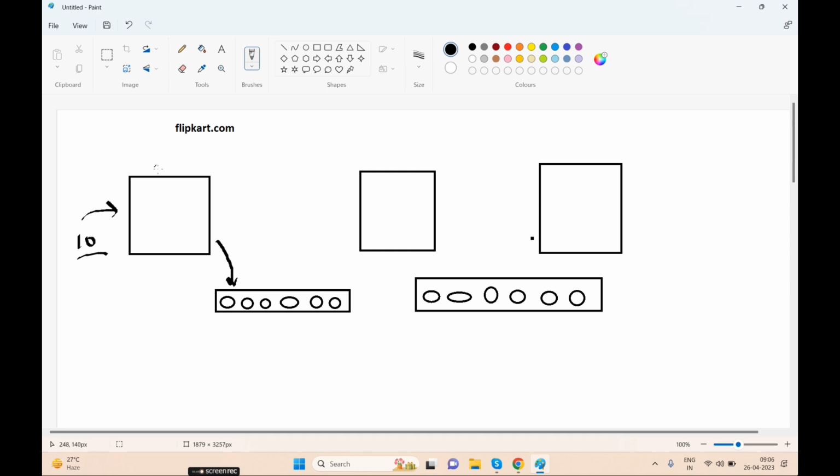Now this server will pull a request from here and start processing. Once it is done with the processing, it informs the other servers that it has done this process, so go ahead with the next process. The other server will also pull that and process. For example, people have visited 4 to 5 products, and out of that 2 products are added into the cart. The cart server informs that these 2 are added into the cart.